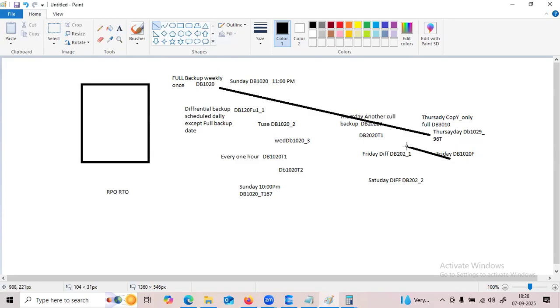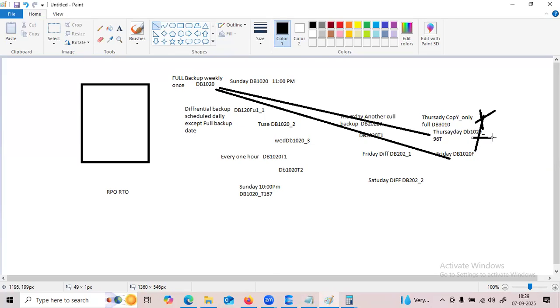The differential backup also is pointing to the latest common full backup. It is not pointing to the log backup, and it is not pointing to the copy only backup. So copy only is a special kind of backup. It won't disturb our regular backup LSN chain. It makes the upcoming backups point to the latest common regular backup. That is the purpose of the copy only backup.